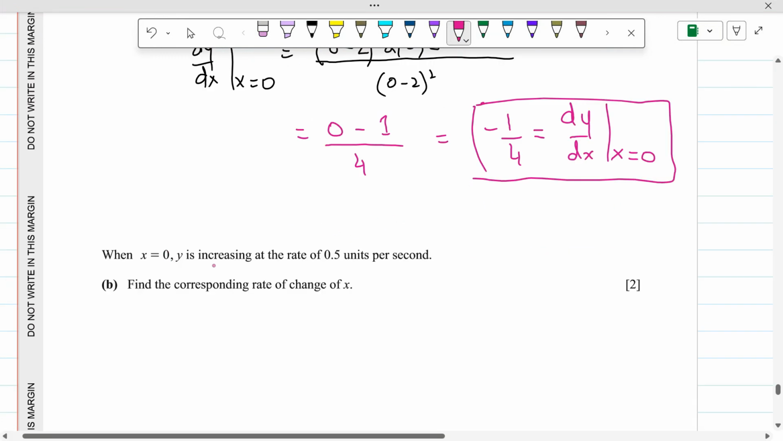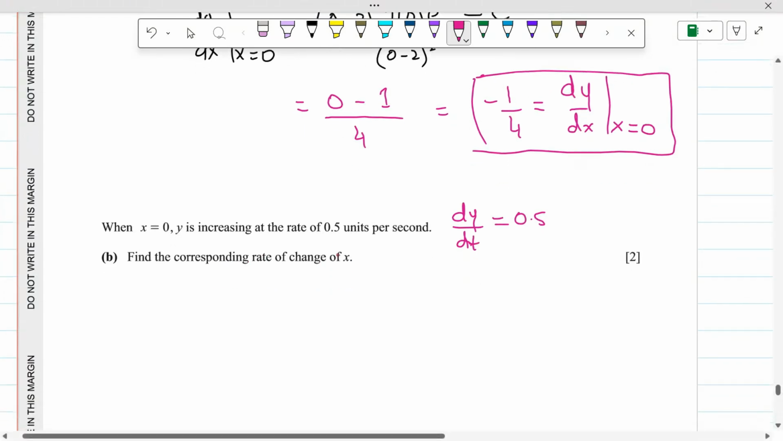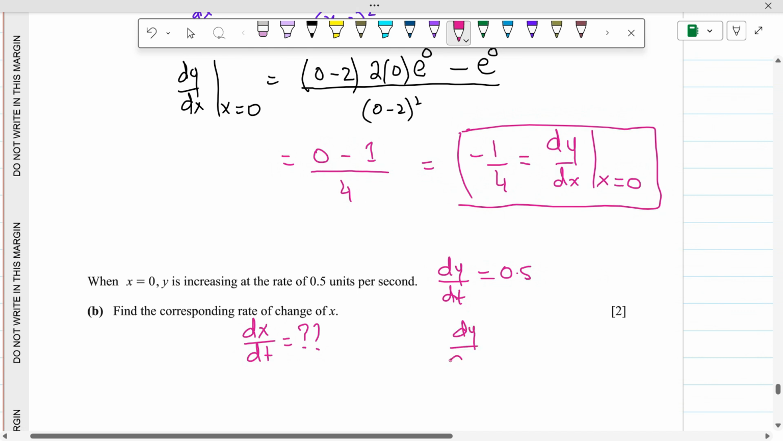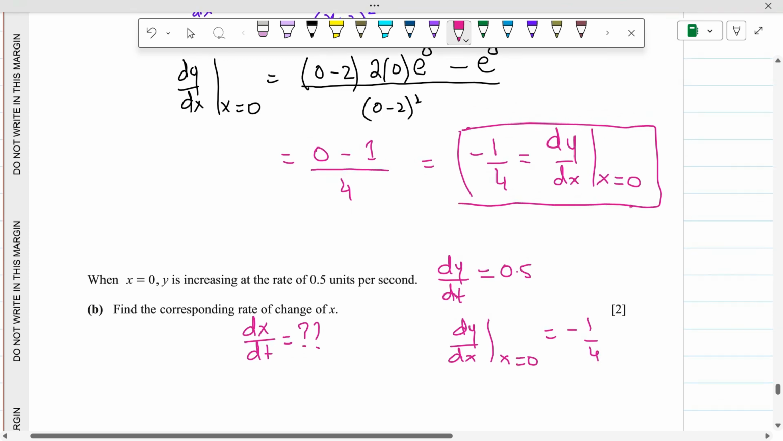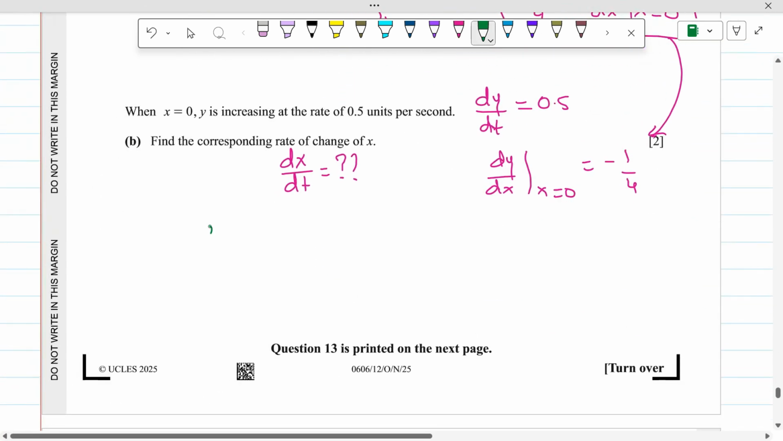When x is 0, y is increasing at the rate of 0.5 unit per second. We are given the rate, so it means dy over dt, the rate of change of y with respect to time, is given, which is 0.5 unit per second. Find the corresponding rate of change of x. We need to find dx over dt, and we already calculated dy over dx at x equal to 0, which is negative 1 over 4. To find dx over dt, we should apply the chain rule, which says that dy